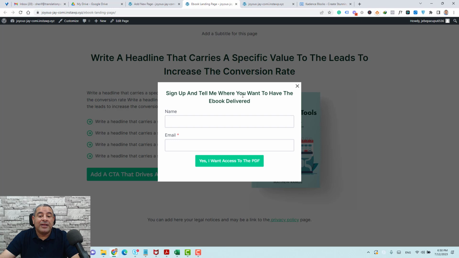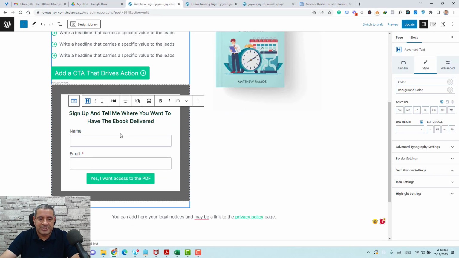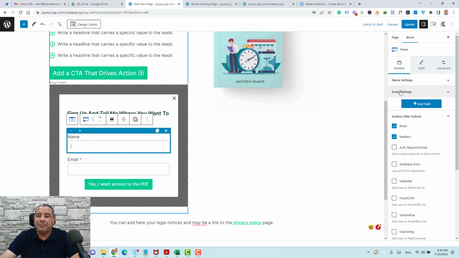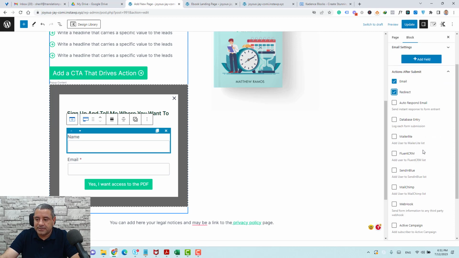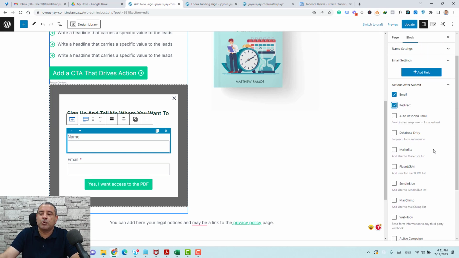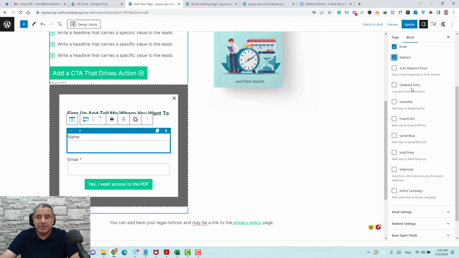And maybe you're asking now how you can connect this name and email address to your email marketing platform. This can be done very easily inside the Kadence Blocks form element. So let's go back to the page again and let's choose the form itself, and here you'll find an element called email settings under general. Here you can find, not the email settings, sorry, the actions after submit. Here you can choose which actions should be done once people add their name and email address. You can choose to redirect people to another page, but then you need to add this page inside the redirect settings. And also you can choose to add them to your database, or even connect this form to MailerLite, Fluent CRM,